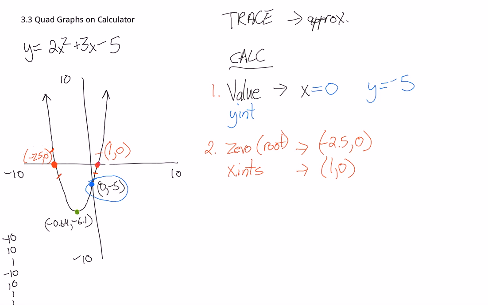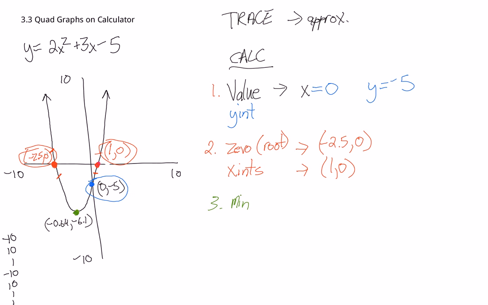Okay, so we've got our y-intercept exact. We've now got our 2 x-intercepts exact. So the only one we have left is the vertex. So on your calculator, you can calculate that one as well. All you have to do is choose either number 3 or number 4. So when you go to second calc, you have minimum or maximum. They both work the same, it just depends on which way the graph goes. So in this case, because the graph is opening up, our vertex is a minimum,